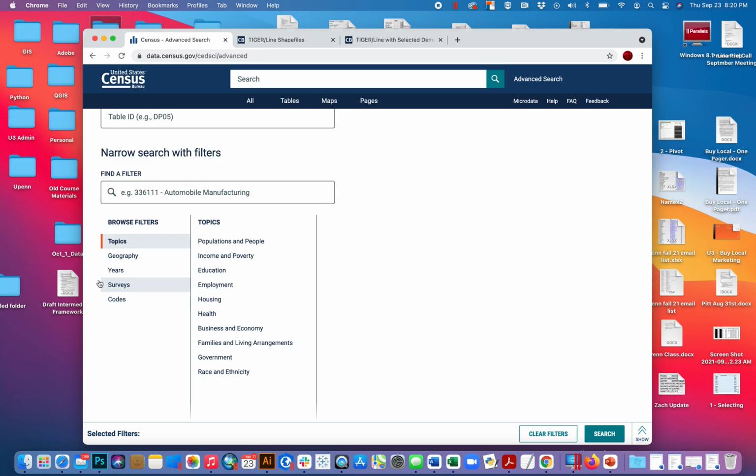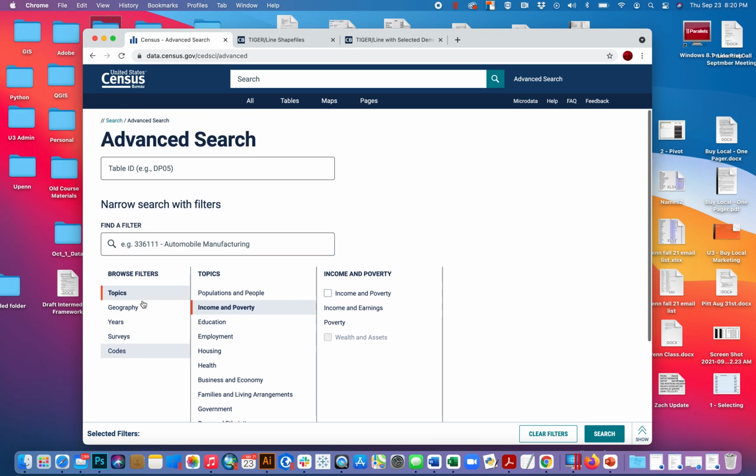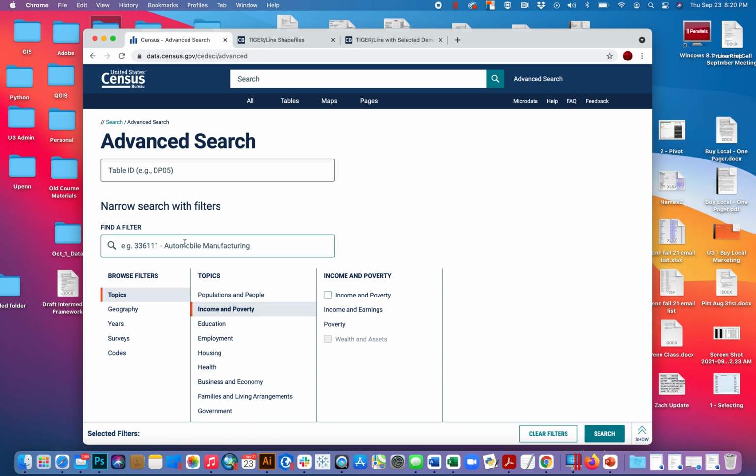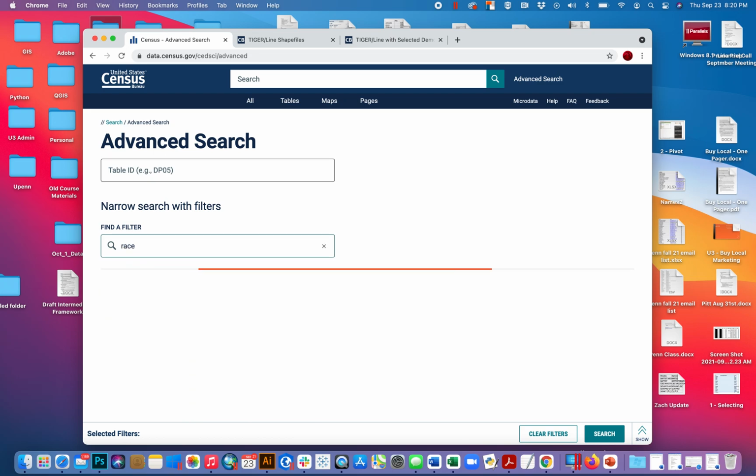So if you get some sense of what you're going to want, right? Or better yet, if you're not entirely sure and you want to see what's available to you, pop through Browse, right? You can click on the various categories, see some of the elements that will be available to you, and every time you click on something, as I'll show you in a second, a series of tables will pop up for you to preview. But you can also come in and start to search keywords here under Find a Filter,